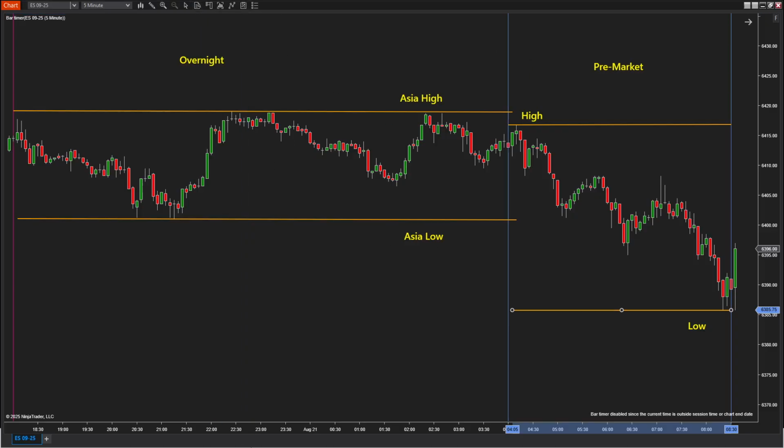I mean, this is it. I use a 5-minute chart. You don't see any indicators on here. I'm not using any volume at all. No volume profiles, no order books or any type of volume. I don't use it. All I use is pure price action with a few levels. So we got overnight Asia high, Asia low, pre-market high, pre-market low. I am not going to mark any type of London highs or lows because London just overlaps in this area. So it is Asia high, Asia low, pre-market.